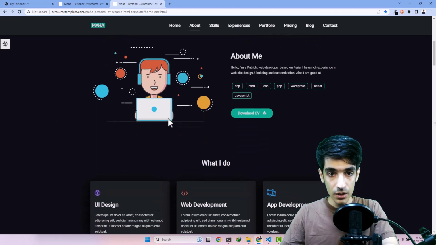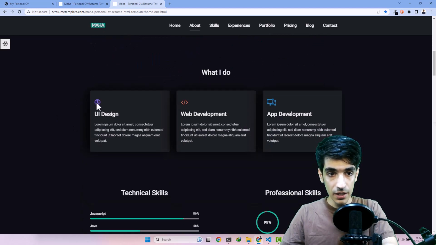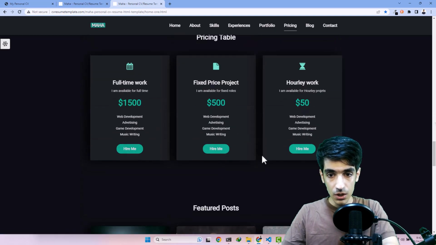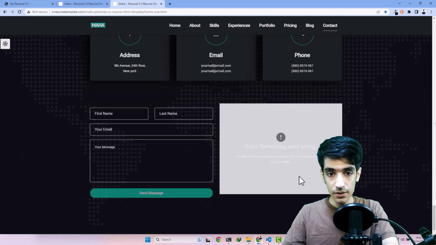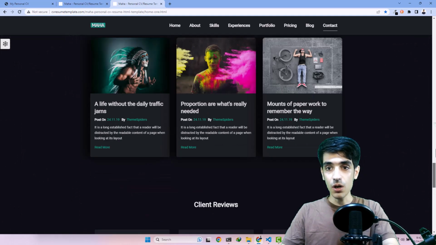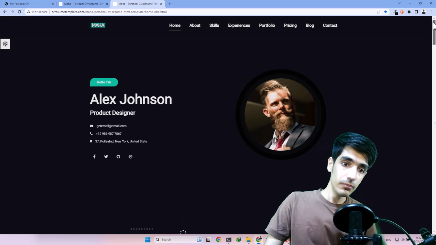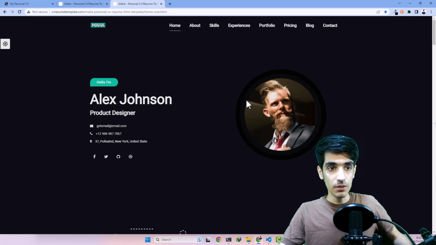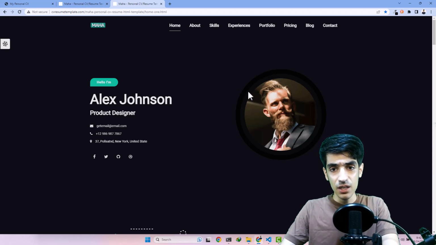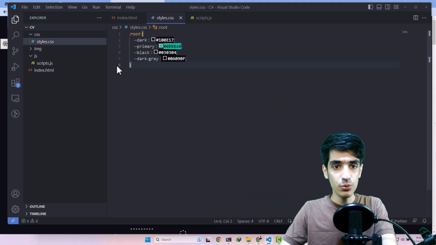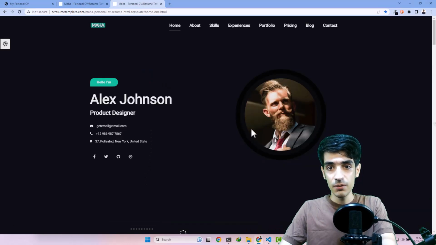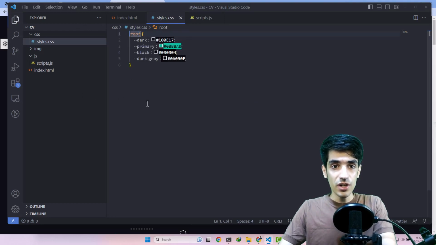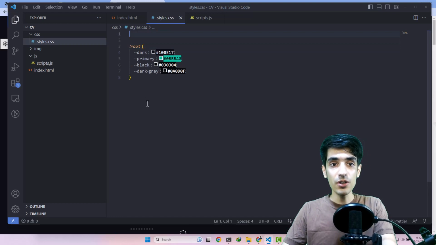This is our primary color, and this is an image. We can forget about that one, and I don't see any other color being used in this project other than the green one. So these are the colors. We have a dark color, and there are two colors being used here. Because now that I look at it, I didn't have to use them inside my variable section here. But anyway, let's continue with that. So this is my root section, and also we are going to use a font for this